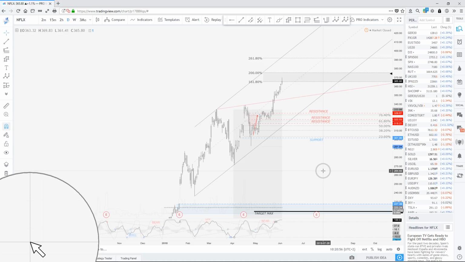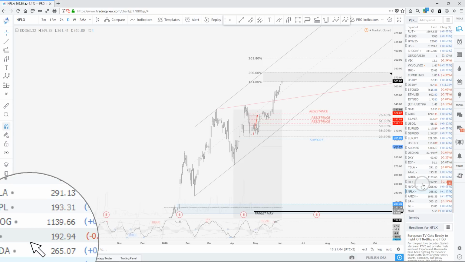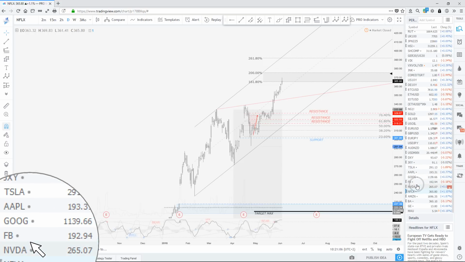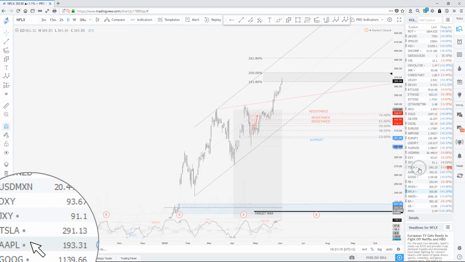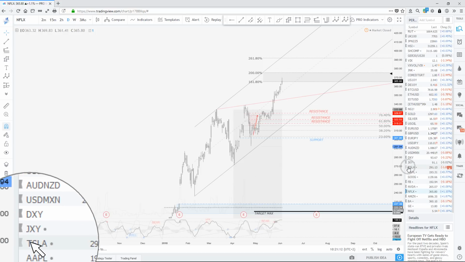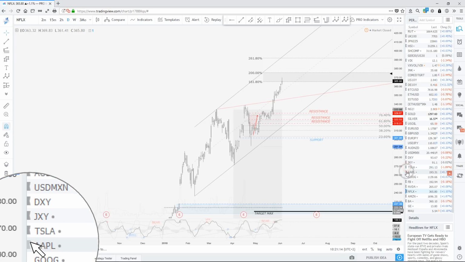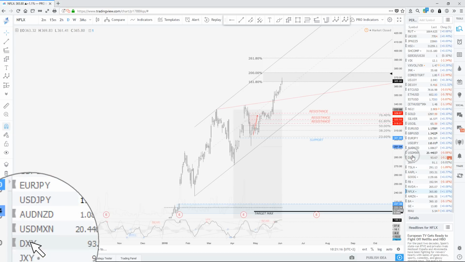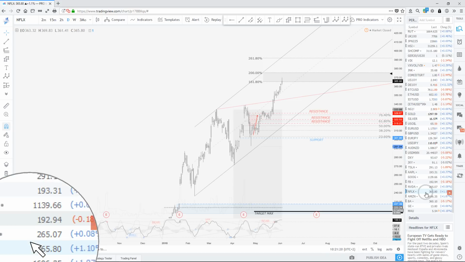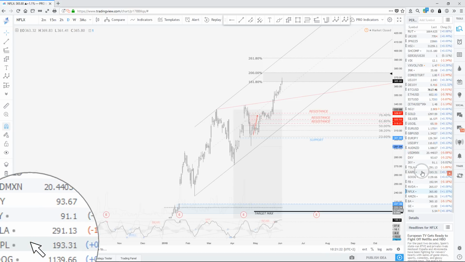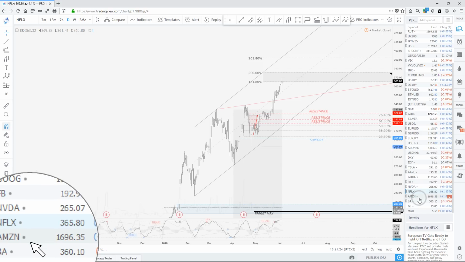The US equity indexes themselves, going to reinforce the VIX, probably going to reinforce the gold, probably going to reinforce the euro-yen, reinforce Nvidia, Netflix, Amazon, Boeing, Facebook, Apple, Tesla. Got all those in portfolio. Okay, let's say this is all I have in portfolio. The yen index, I'm going to trade it regarding the euro-yen. USD MXN, I don't really want to trade that. This is what I have in portfolio.